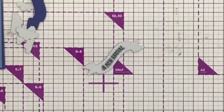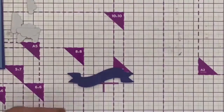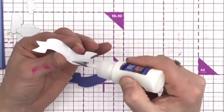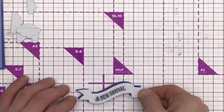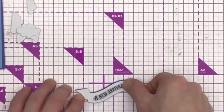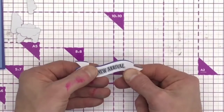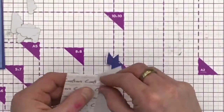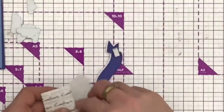So then what I'm going to do is, actually let's layer this one up first. So I'm going to use my tacky glue into here. And then we're going to do our drop shadow. So do the drop shadow with the blue. And then while I'm here, let's go in with our foam pads and add that on to the back to even it out,